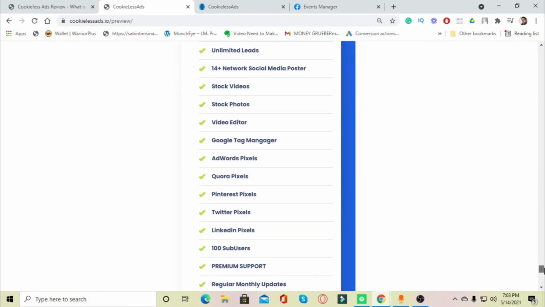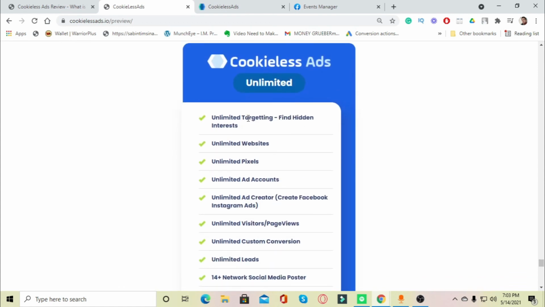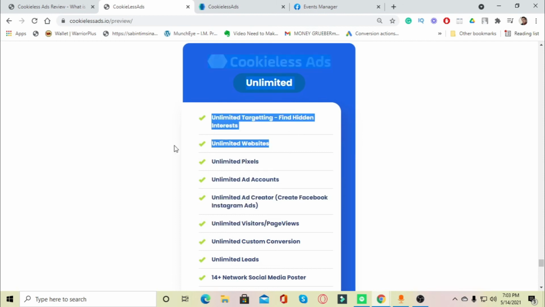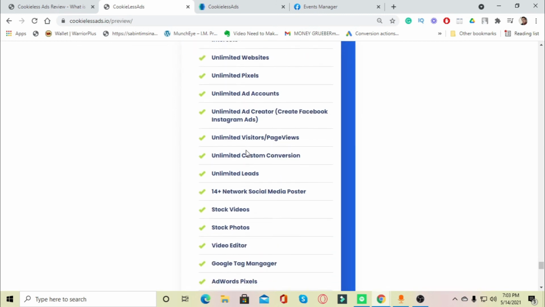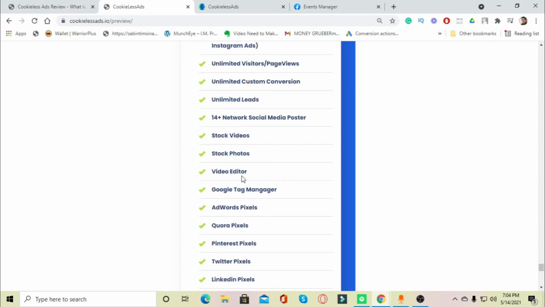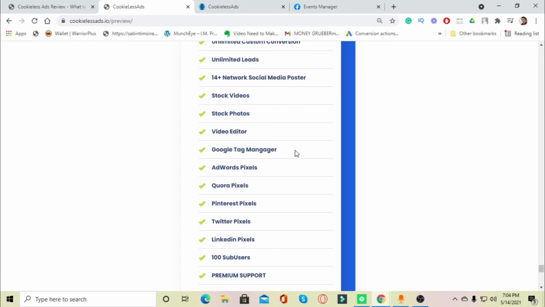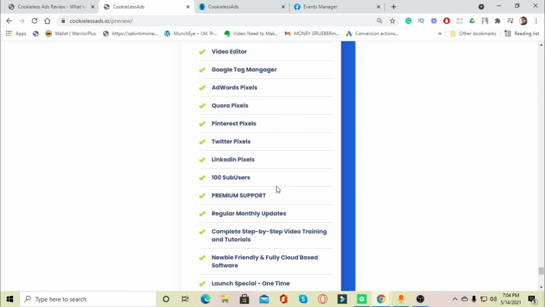Okay, so their basic plan, what they are offering. So this is the plan that I want you to buy, and you can check out the upgrades on your own. If you want those upgrades, you can pay for them, or if you do not want them, you can skip it. So the thing that they are offering is every single thing unlimited on the plan. Like you can create unlimited targeting, you can do it for unlimited websites, unlimited pixels, unlimited ad accounts, unlimited ad creators, unlimited visitors and page views, unlimited conversion rates, unlimited leads, 14 plus network social poster, stock video, stock footage, video editor for creating video ads, Google Tag Manager, AdWords pixel, Quora pixel, Pinterest pixel, Twitter pixel, LinkedIn pixel,